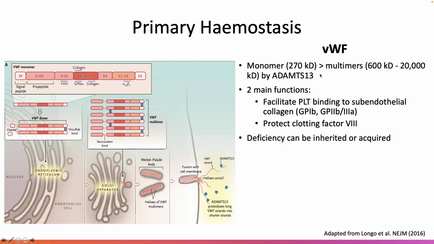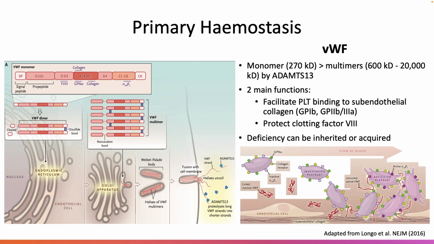So initially, the single strain of this von Willebrand factor is actually a very huge monomer, which subsequently cleaves into multimers. The two main essential functions of the von Willebrand factor are to facilitate the platelet binding to the subendothelial collagen, as we mentioned, be it glycoprotein 1b or 2b3a. At the same time, it also protects against clotting factor 8 from being consumed. So these are the two most important functions of the von Willebrand factor, and